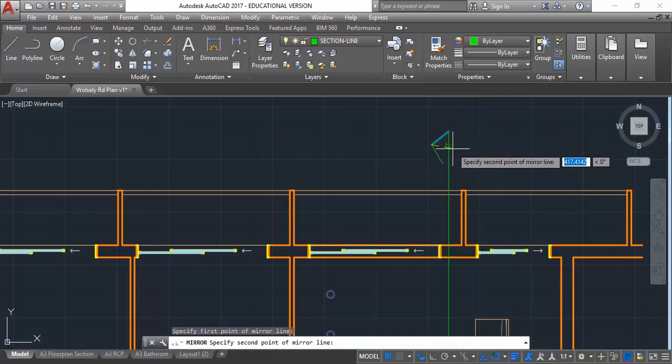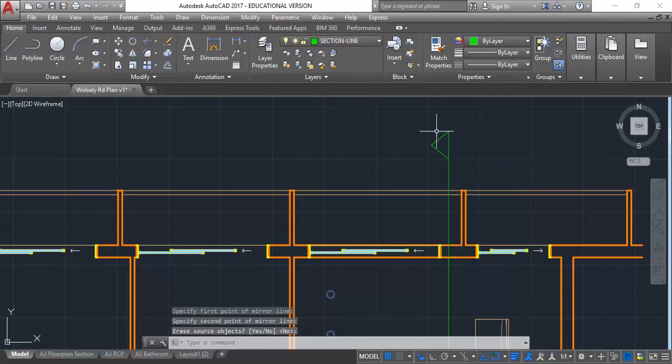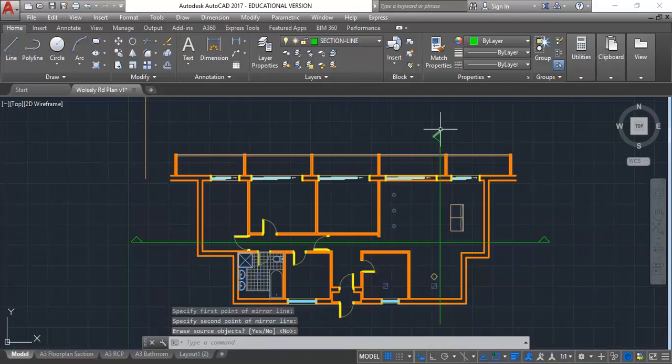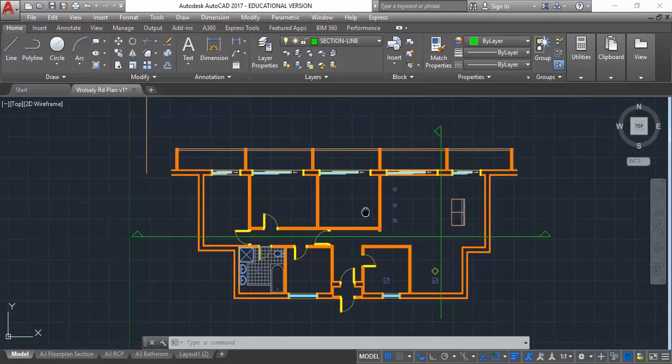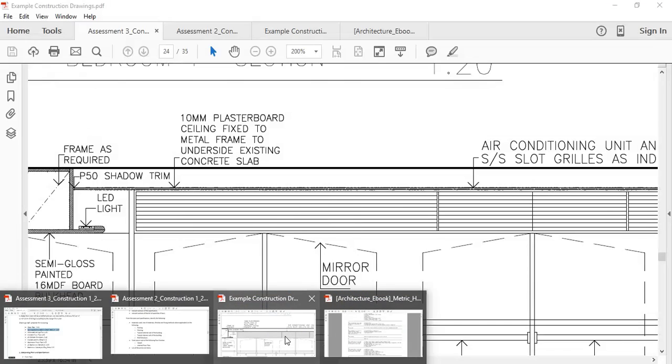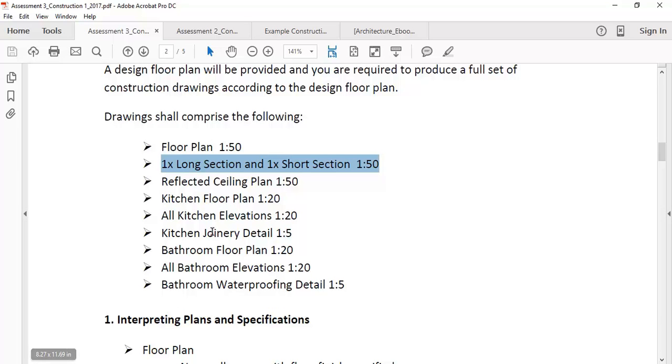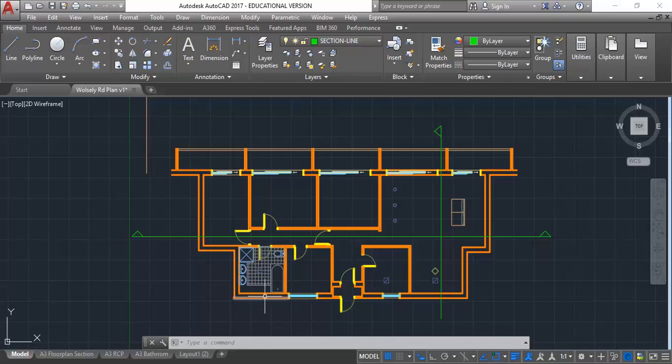Okay, so if you've got it that way, then you should pick up some kitchen cabinets, but you're also going to get some of the partitions and other things that you'll need to pick up. And then for the bathroom details, again, if you have a section going through part of the bathroom, that would be good, but that one's a bit trickier because a section going this way, we'll just